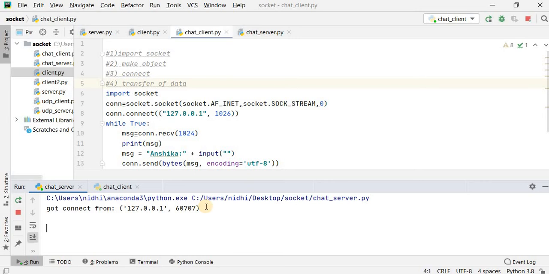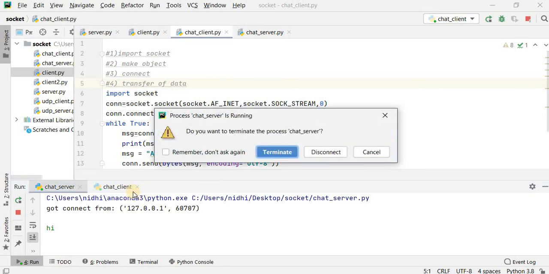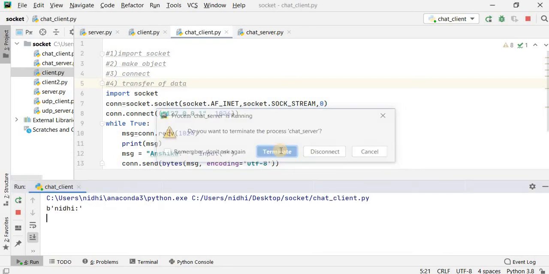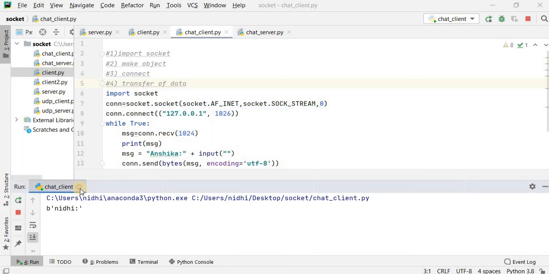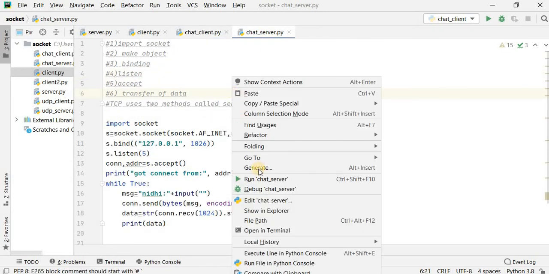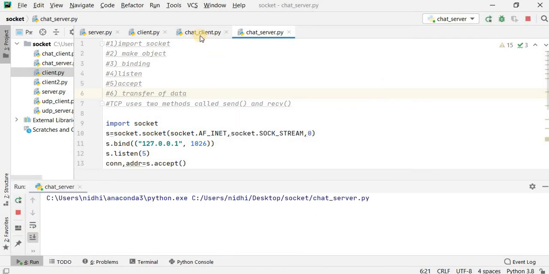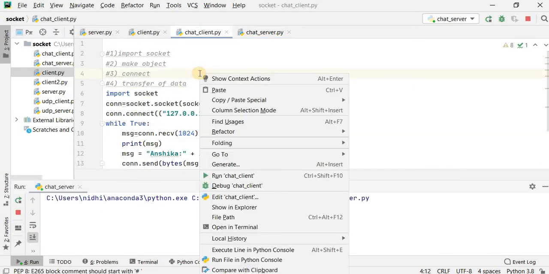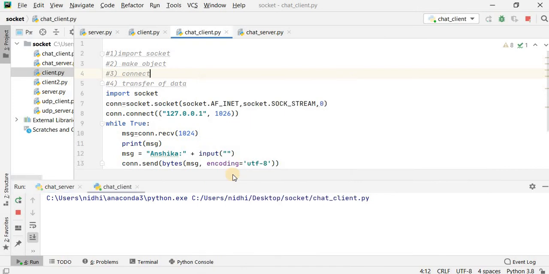Now after that we have to send a message. I think there is some mistake over there, so I will rerun it. First we have to start the server, and then we have to start the client.